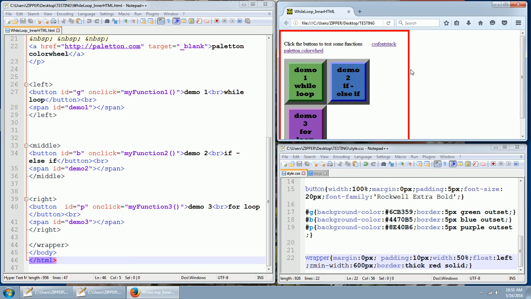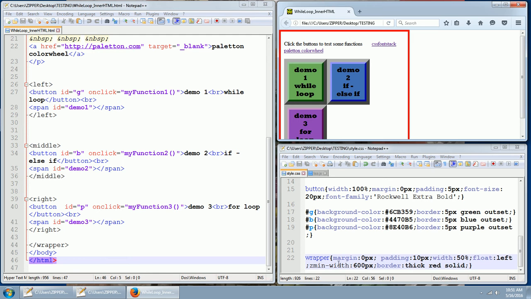happens. Now if I were going to make this to be used on a small device like a phone, then I would want to reconsider how all of these buttons look. I'm sure that I would want this text to be smaller and the buttons to be smaller so that it wouldn't take up the whole interface if this were for a phone. But I didn't make 2 or 3 different style sets for different sizes for this particular video. This particular video is basically going over JavaScripts and how to click a button, call a JavaScript, and make something